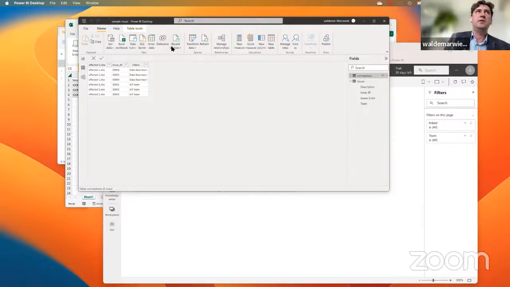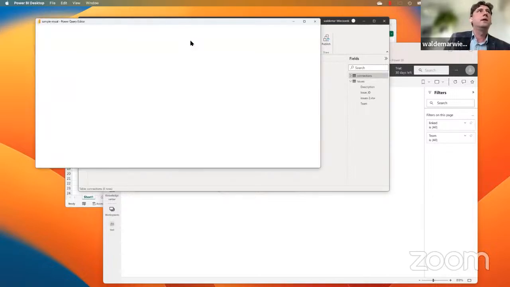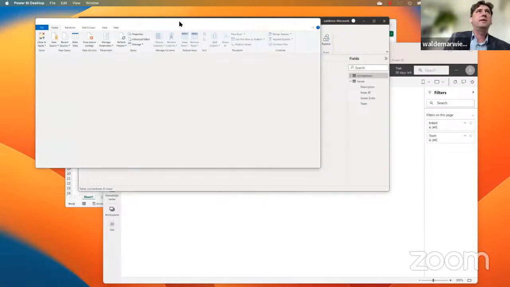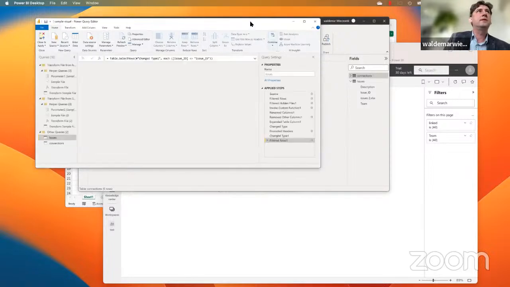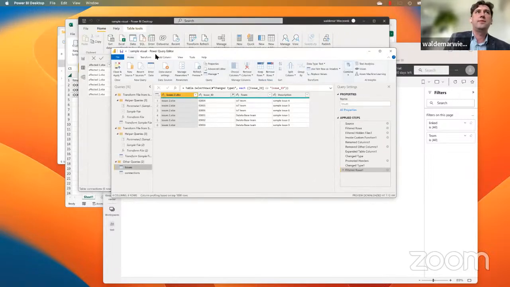So if you have it like this, it is already done. But if you click here, there is something I was advertising a little bit, which is called Power Query Editor. And you can see here in the menu, of course we will not go through it, but if you are interested, you can deepen your knowledge and start to dig and look. Then you have all the things which are really easy to use.